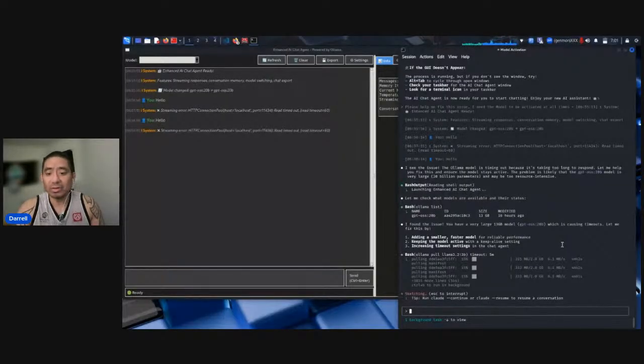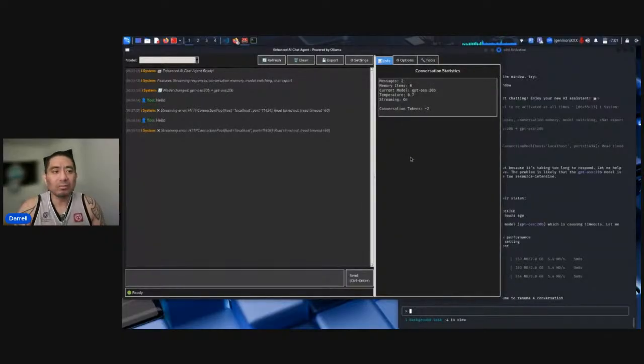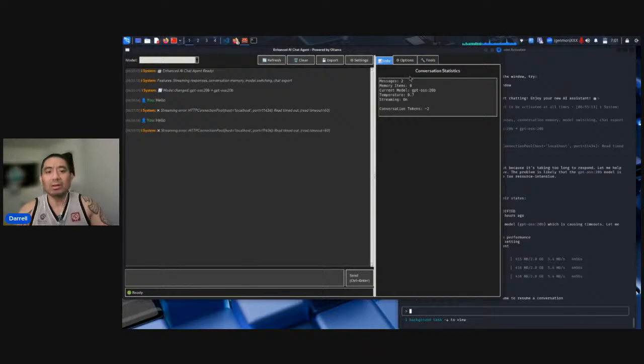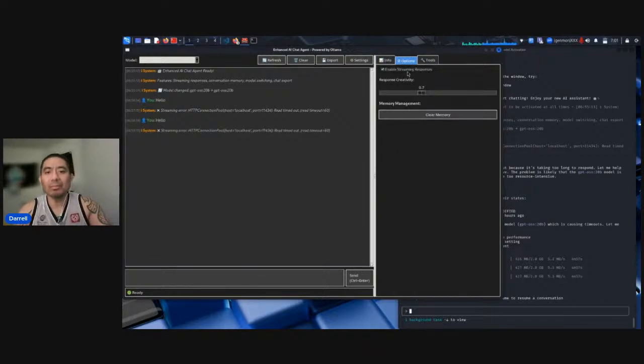One thing I should have done is a one-stop request to Claude Code to incorporate a toggle for light and dark mode. But we can do that later. So far, it's given me in the options tab the response creativity and the memory management, where I can delete the memory or the chat history messages.